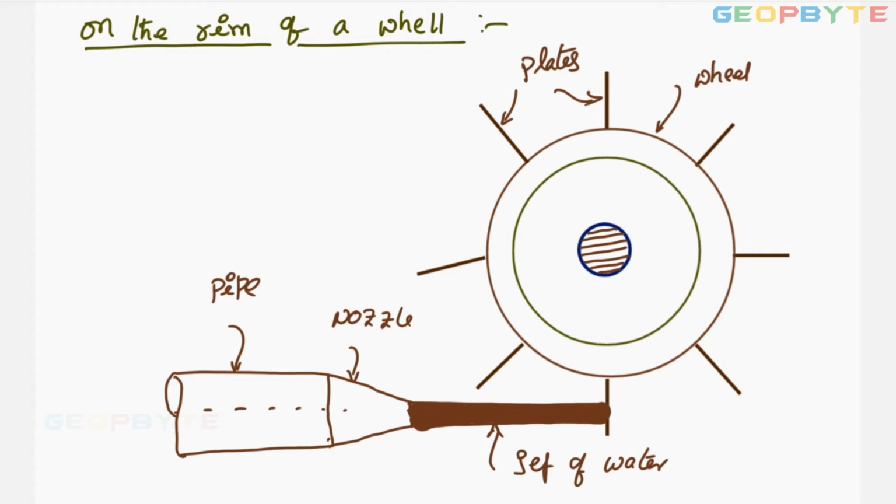Here, once the jet force is acting on the plate, this plate is moving away. If this plate is moving away, next blade comes to occupy that place. That blade is receiving the jet of water. Similarly, if that blade is moving away, next blade comes to occupy that location to receive the jet of water. Therefore, you can say that there is always one plate in front of the jet.